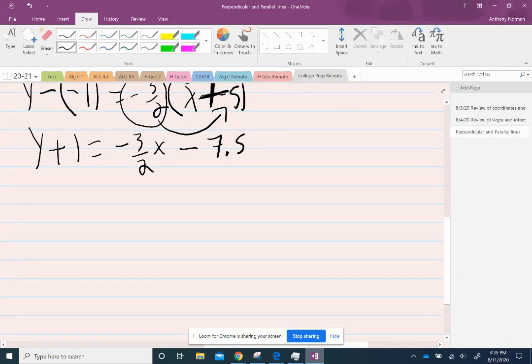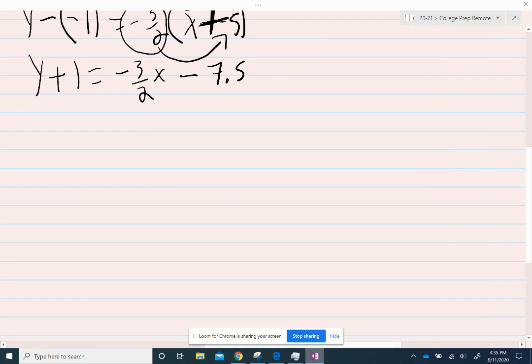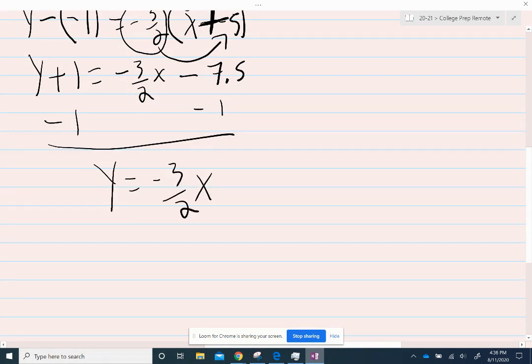Sorry about that. My pen is not working correctly. Minus 1, minus 1, y equals negative 3 over 2x minus 8.5. So when we go to our answer key,